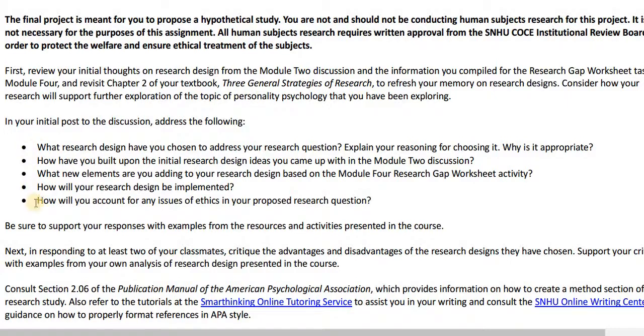And there are 5 elements that I'd like you to make sure to address. The first is, what research design have you chosen to address your research question? Explain your reasoning for choosing it and why it is appropriate. So in Module 4, you developed a research question based on a research gap. And here I'd like you to think of what research design would be best suited to answer that question. So I would like for you to restate your research question here and then identify what research design would be